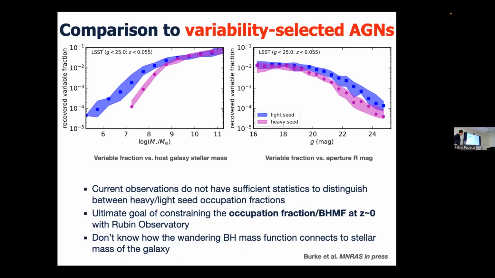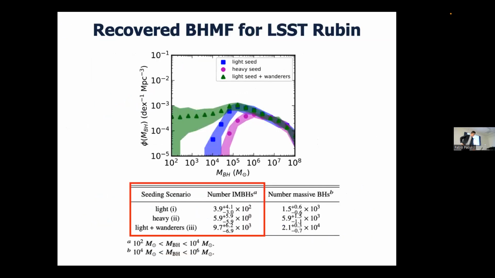So we can use Rubin to potentially find variable off-nuclear wandering IMBHs, but I think it's an unsolved problem how to tease those out from all these plots like this, with more sophisticated analysis. Okay, so